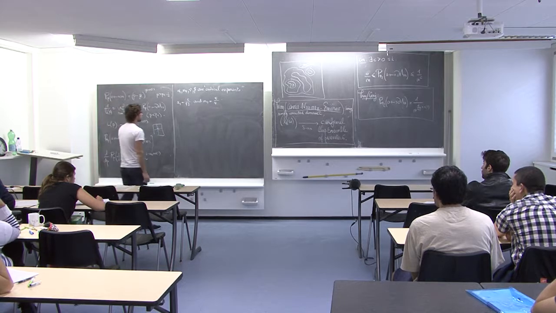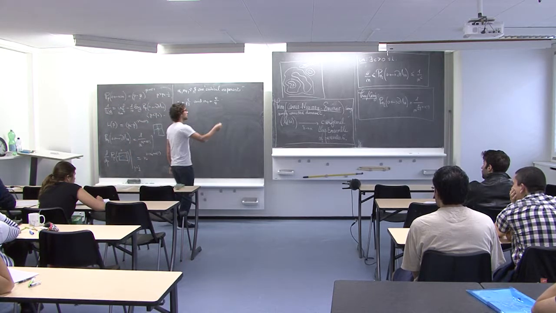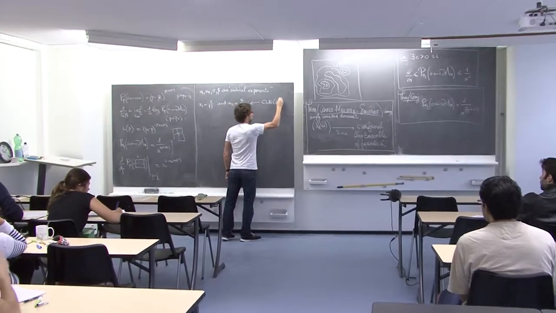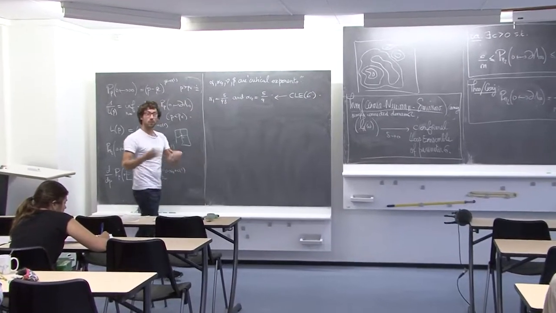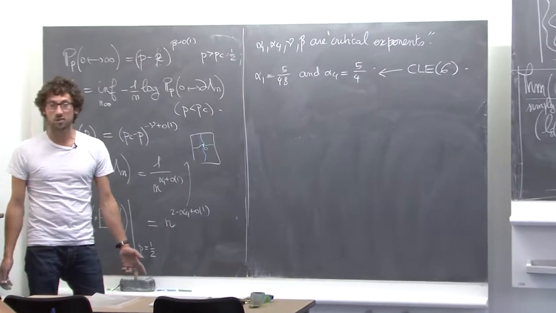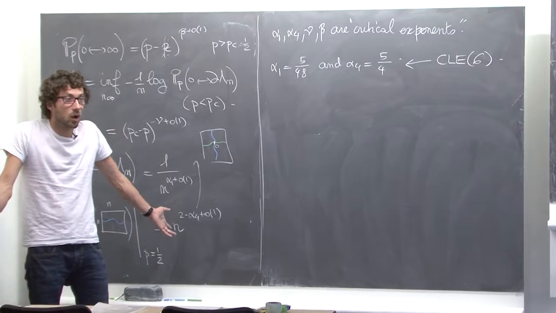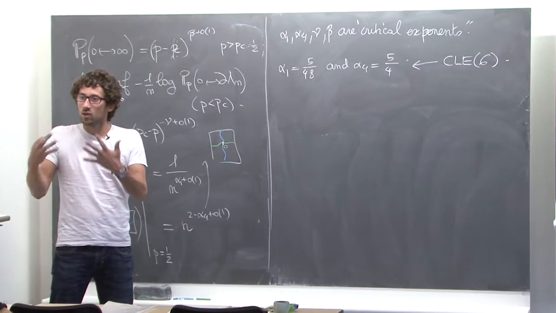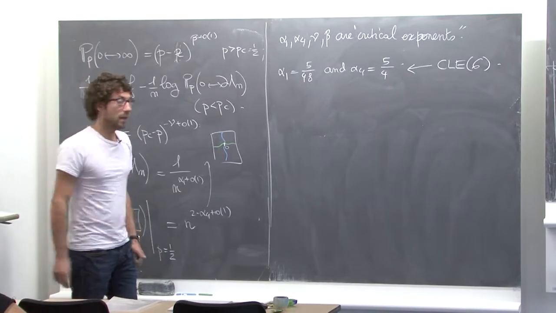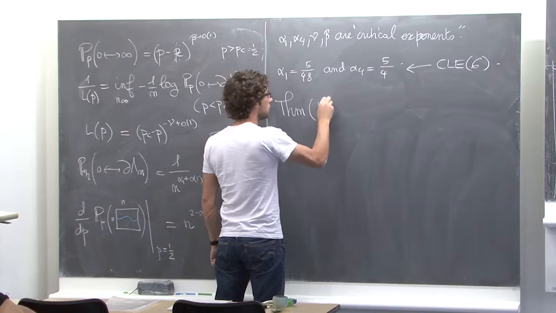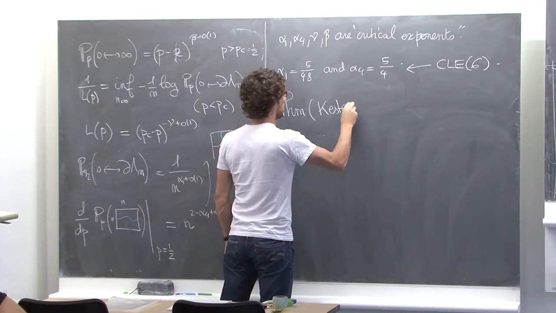Okay. So this you can in fact get from CLE6. You can get from the scaling limit. But the other ones, beta and nu, you cannot. If you think about it, it's not at criticality, so I don't have the scaling limit to help me for that. But in fact, there is a theorem due to Kesten, and this is one of the most beautiful applications of